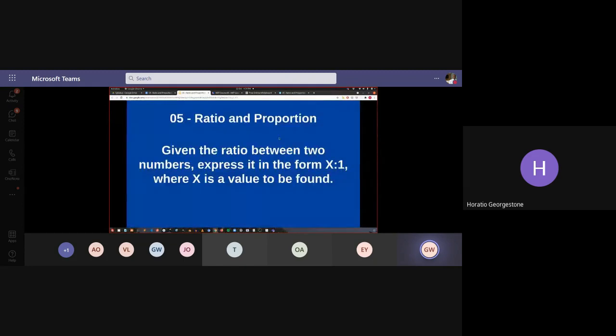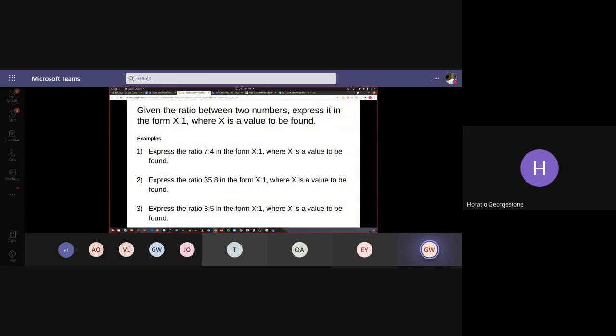let's just skip ahead. Okay, so given the ratio between two numbers, express it in the form x to 1, where x is a value to be found. So, for example, express the ratio 7 to 4 in the form x to 1, where x is a value to be found. So often when we're given a ratio, what we've looked at up until now is putting it in